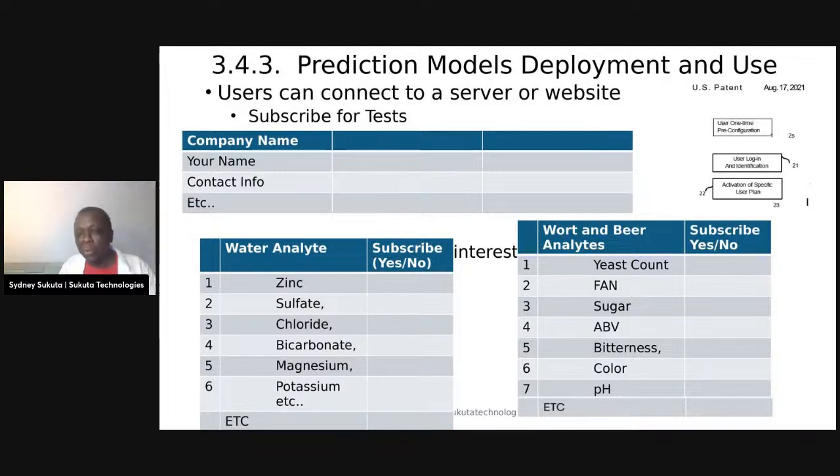All right, then you go to your beer, starting from the beginning of the process to the end. For example, starting with wort, fermentation, filtration, all the processes until the product is ready. So like yeast counts and fermentation, sugar at any level, of course ABV, bitterness, color, and so on. Those things can be predicted. So there's really no limit to what you can predict the way we have it. As you want to predict more stuff, you don't have to buy more instrumentation. This is one instrument for all, with this AI option of AI and spectrometry.